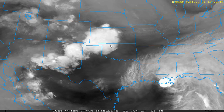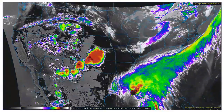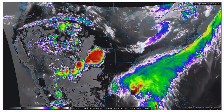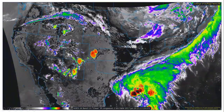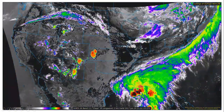satellite view. You can clearly see the eye of this tropical storm, and you can see all this rain and clouds that it is producing north and east of the eye. And actually, in fact, let's take a look at one of these beautiful GOES infrared 13 infrared satellite imagery views, and this will actually be very interesting to see once these things become fully operational, where we can clearly see these tropical storms and hurricanes. But you can see the eye moving inland towards New Orleans and Mississippi and Alabama. And you can see all of that rain and clouds and all this moisture that it is producing to the north and east of the